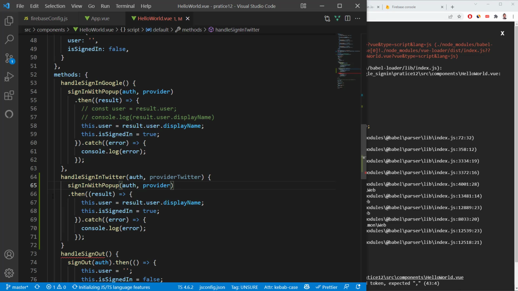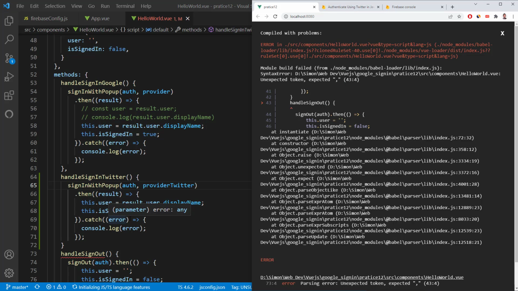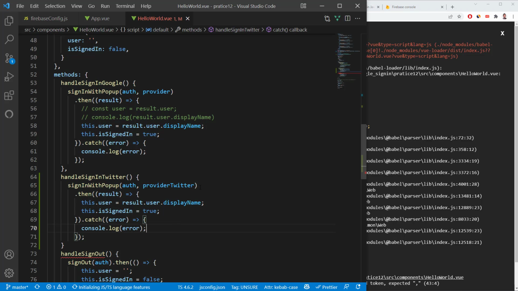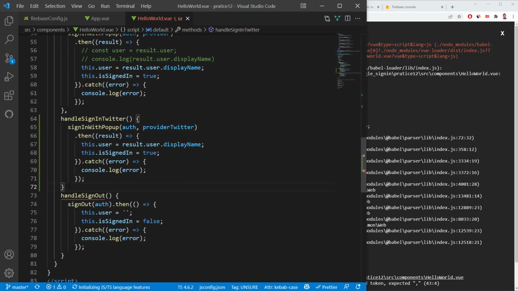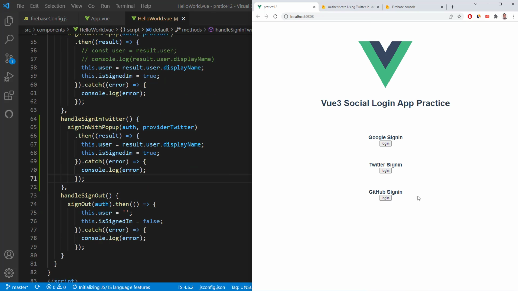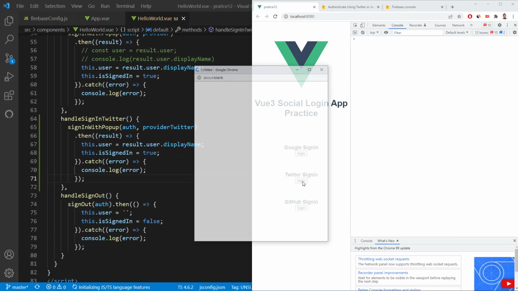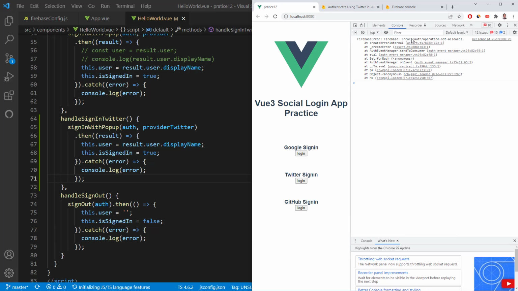So that's actually incorrect code. So let's cut that from there and paste that in here. And I think in handle set up, we need a comma right there. So log in, and then if we go to console, and we try Twitter login, we have a Firebase authentication